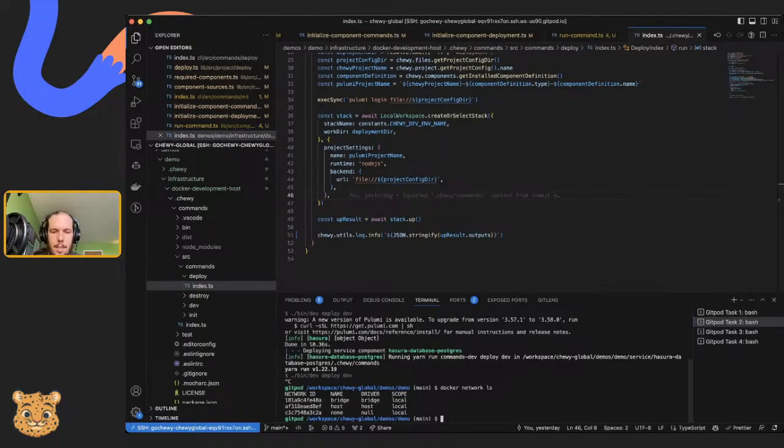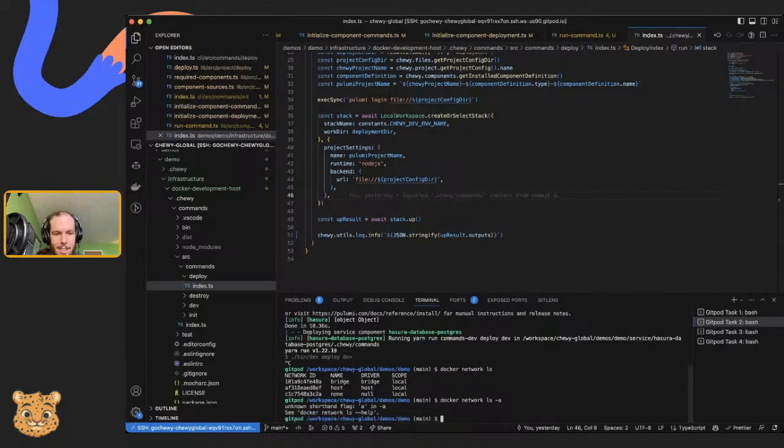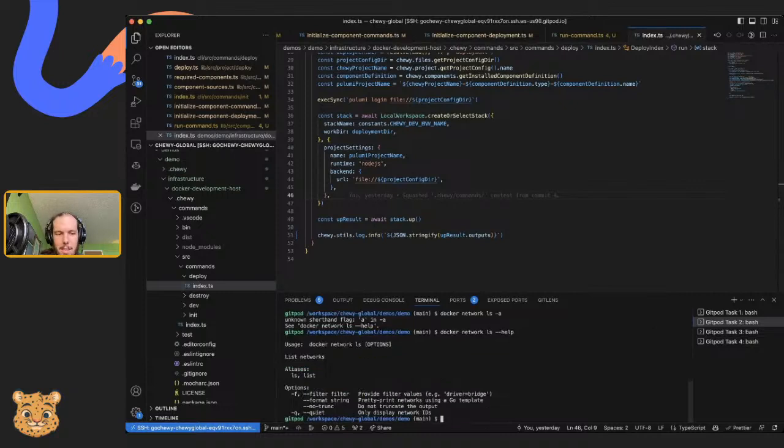Is there like an A? Is there a help? Show me hidden networks? Filter, format, quiet, only display network IDs, provide filter values. Driver bridge, pretty print networks. See, what if I just gonna go